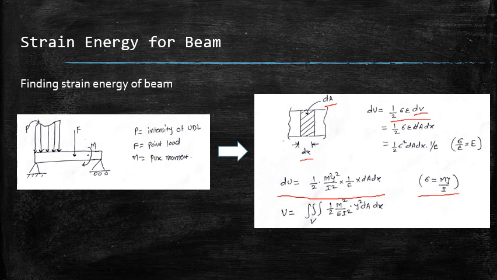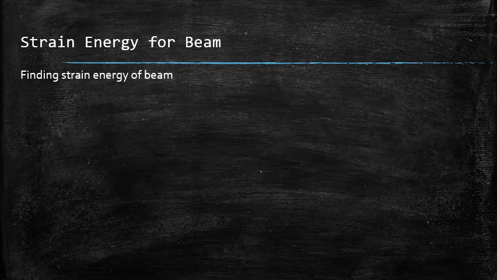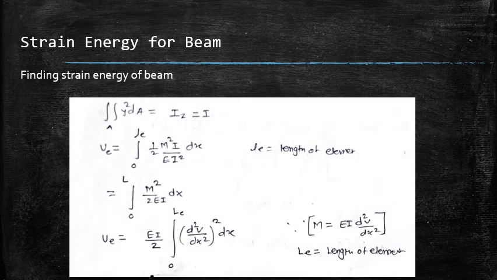expression M by I is equal to sigma by y, where M, I, sigma and y carry their usual meaning. Therefore sigma, that is axial stress, can be represented as M y upon I. This term, integral y square dA, is nothing but equal to I. So substituting this value,